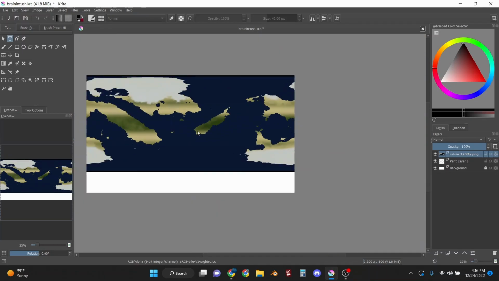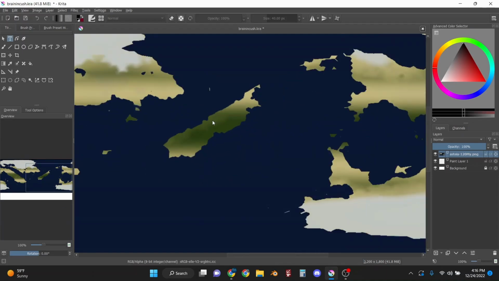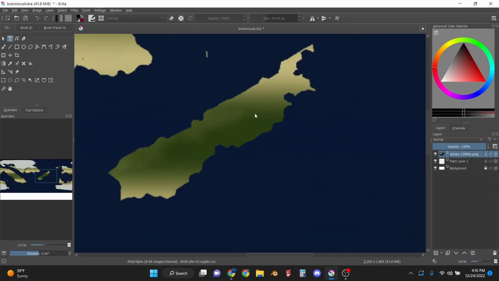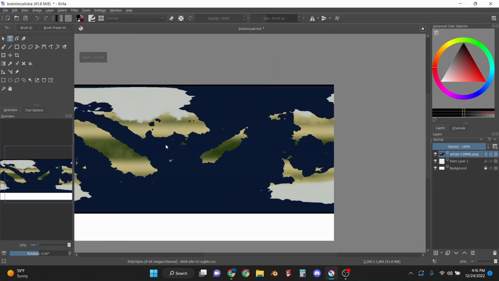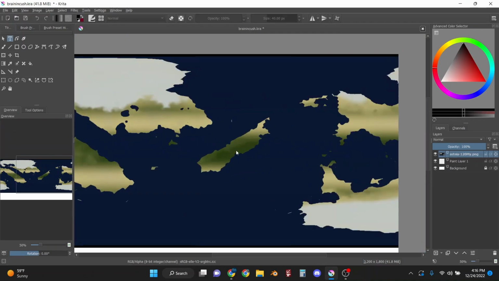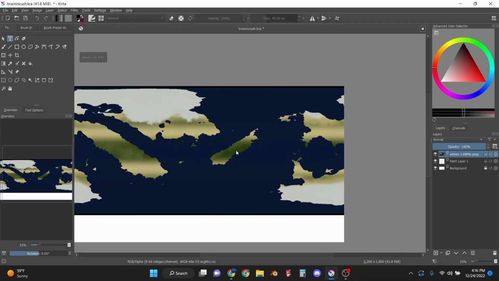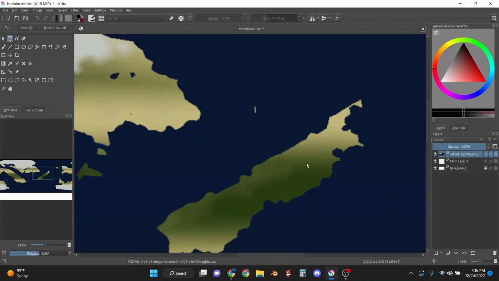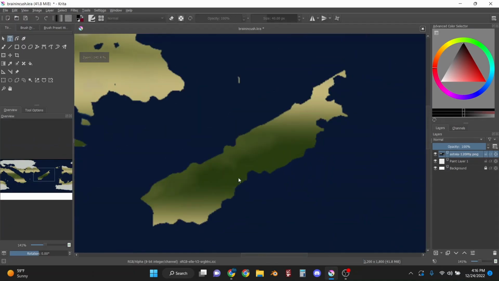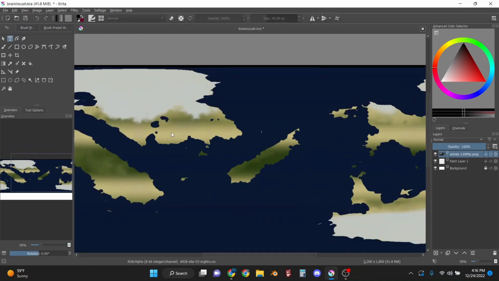Looking at the world from this perspective, at least, which is kind of centric on this island, it's covered in a lot of foliage, I guess you could say. So it's near the equator, and the climate should be pretty good here. And even if you don't want to consider stuff like climate, a good way to look at it, if it's green, there's a lot of biodiversity, a lot of cool stuff here. So a lot of people are going to be wanting to go here. Yeah. And that can create stuff.